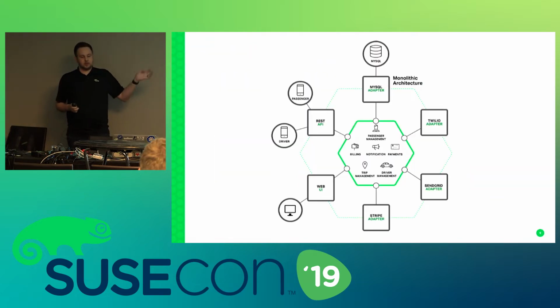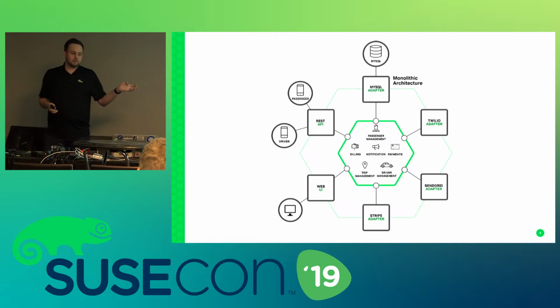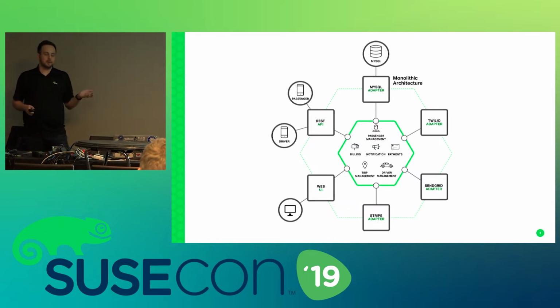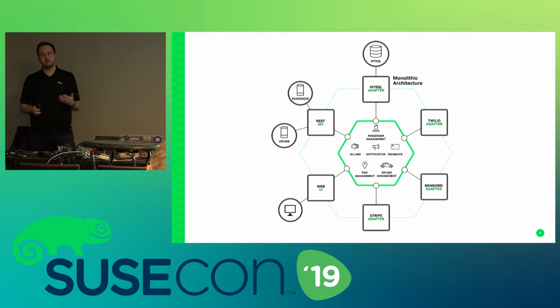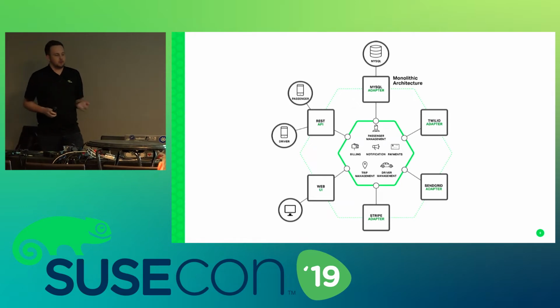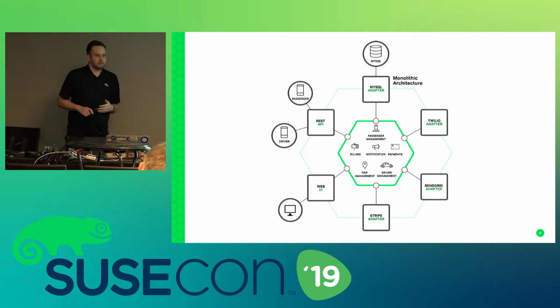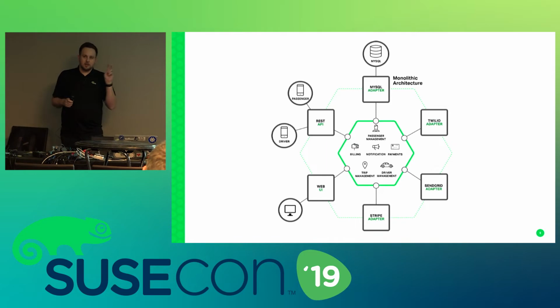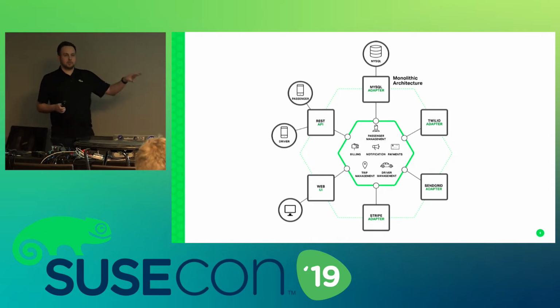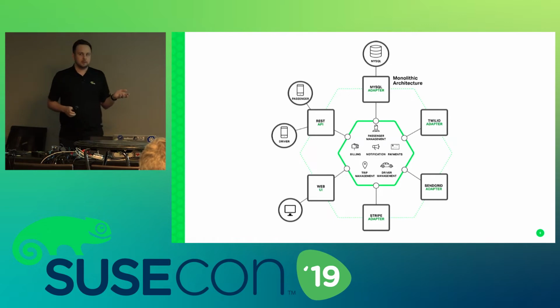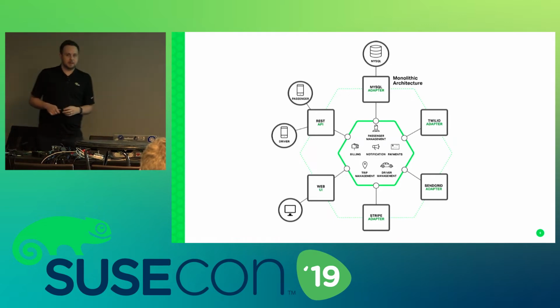Now, this is a diagram taken from the Nginx website, and it's an example of how perhaps an application was architected a few years ago. Some may say that this is the legacy way, but there are still applications being designed this way today. One kind of big central blob that does everything.